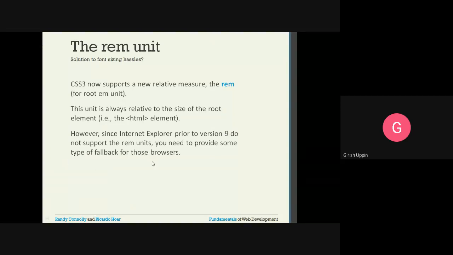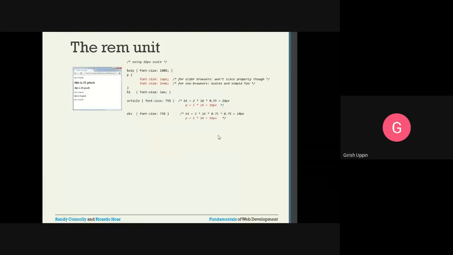However, since Internet Explorer prior to version 9 does not support REM units, you need to provide some type of fallback for this use. Version 9 and before that doesn't support REM, so we have to provide a fallback.